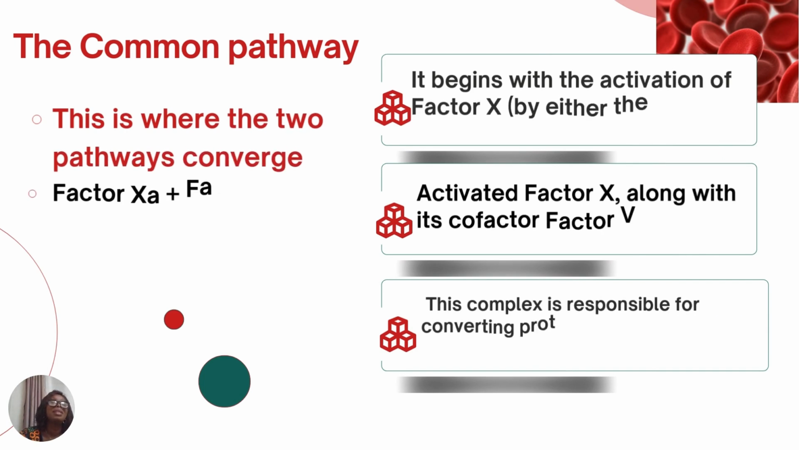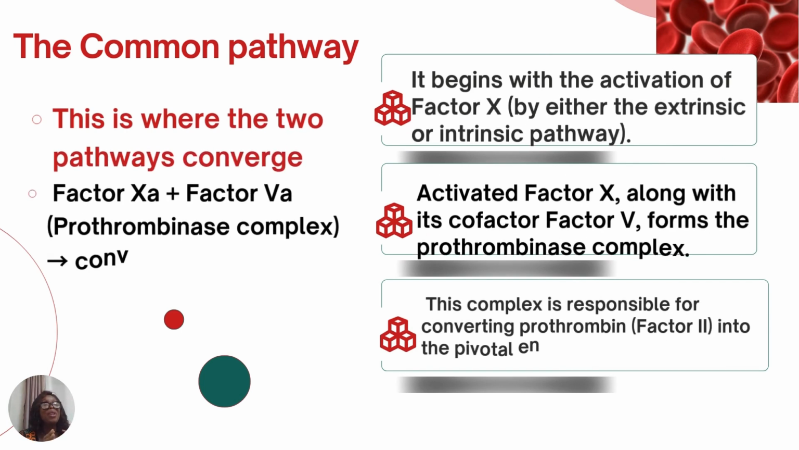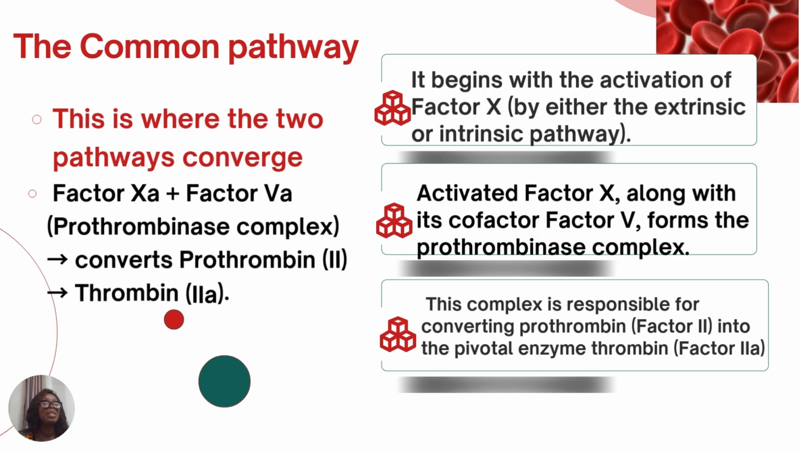Now, remember that we have looked briefly at the extrinsic pathway and the intrinsic pathway. Then we are at the common pathway. The common pathway is where the two pathways converge, the extrinsic and the intrinsic pathway. The role of the extrinsic pathway is to activate factor 10. The intrinsic pathway also ends up activating factor 10. So both the intrinsic and extrinsic pathways converge at factor 10 activation, and then you have